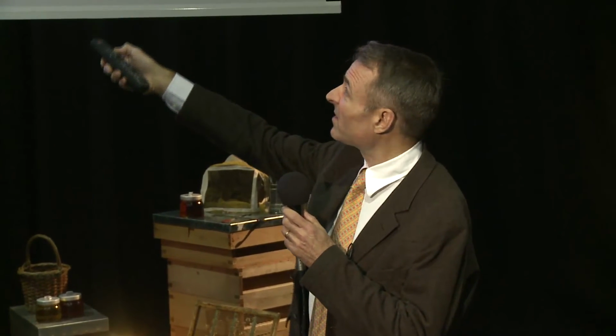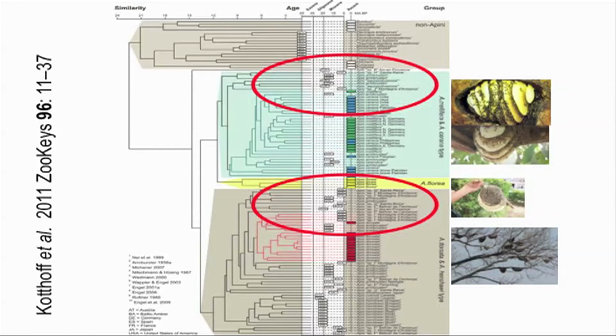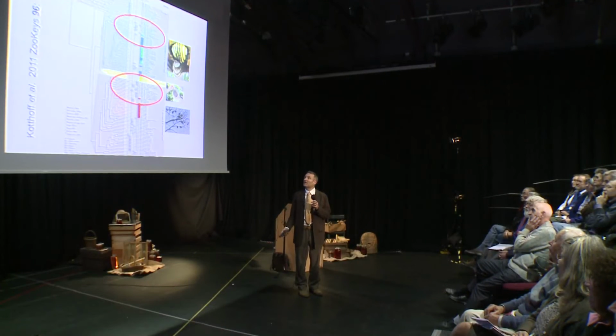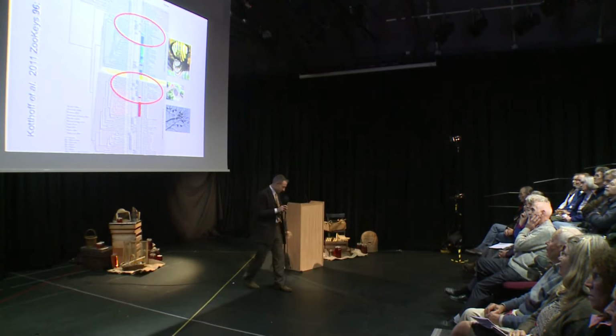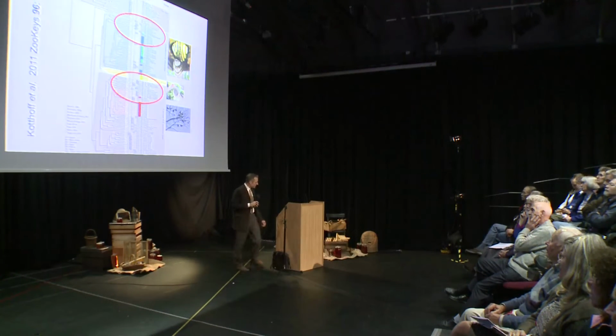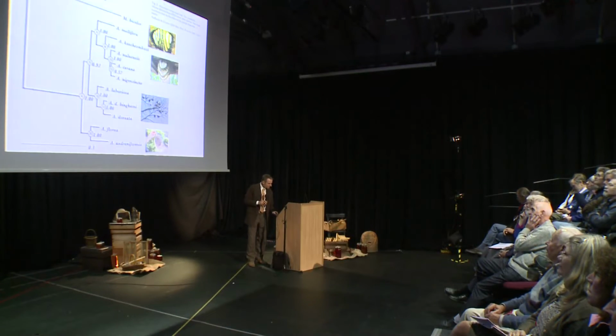Basically what those fossils say is, well, some of them look a bit like modern honeybees, some of them look a bit like modern Apis dorsata, and actually the paper concludes we can't really be sure what they are, whether it was one very variable species or whether we had 2 or more species there. So the fossil record in the case of the honeybee isn't very useful. We can't even say whether they are an ancestor of Apis mellifera. It may well have been another side branch, independent of Apis mellifera. So fossils aren't going to be much use.